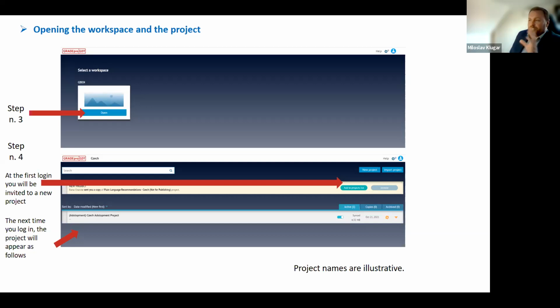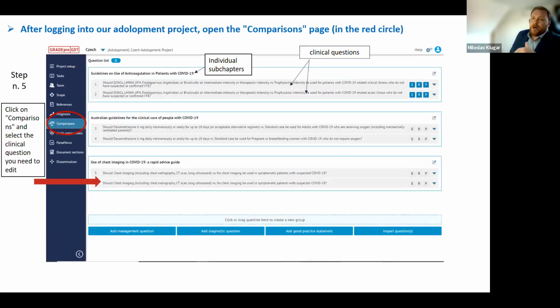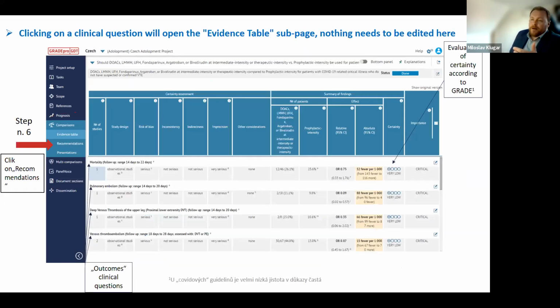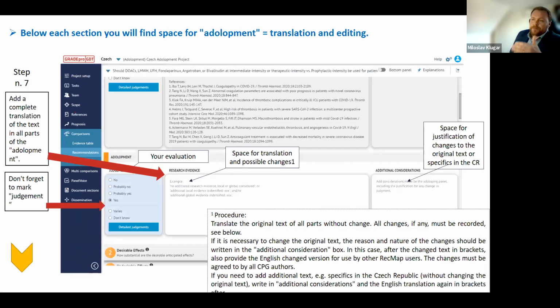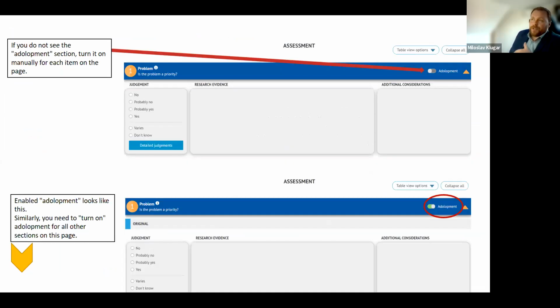So step-by-step guidance for how to do things, where to click, how to change things, how to look where the evidence table is, also some brief explanation of what all of this means, and then through the development, showing different features, how our colleagues could change things if necessary, how to add new evidence, and how to make the final adopt judgment within it, which we're going through in the part on recommendations.